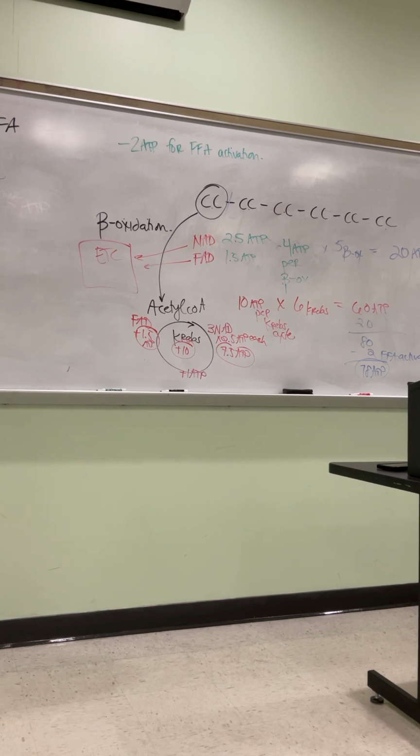Questions on the process, the concept, counting? What happens during beta oxidation? Electron transport chain and Krebs cycle. Breaking a bond. One bond is broken. One pass through beta oxidation will give us one NAD and one FAD, electron transport chain. Each carbon pair, after it's been separated, will go to acetyl-CoA, give us a Krebs cycle. So you have to know what's happening in the electron transport chain and the Krebs cycle to add up the